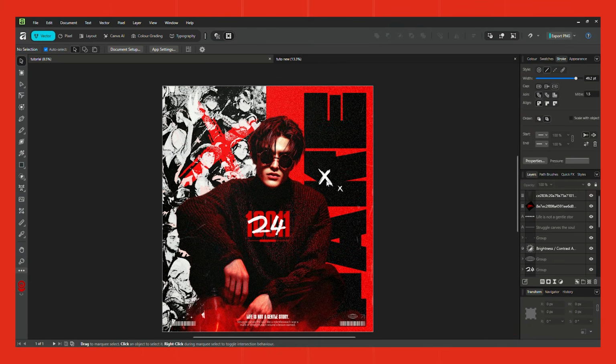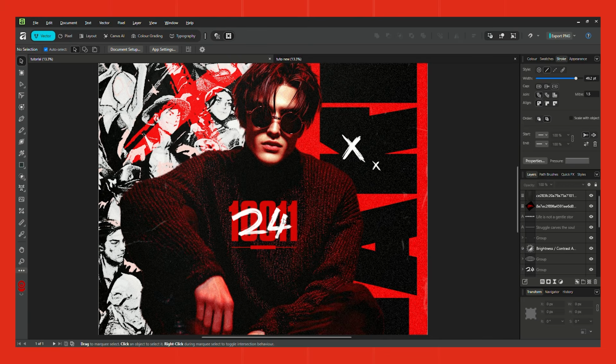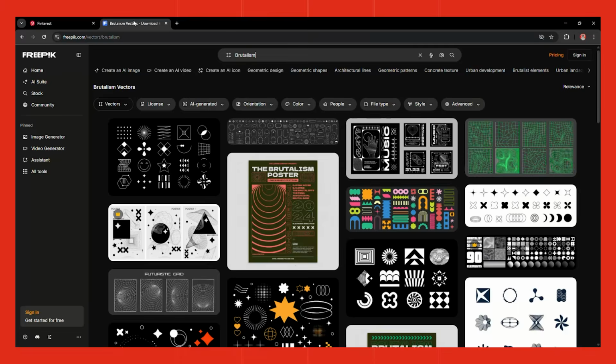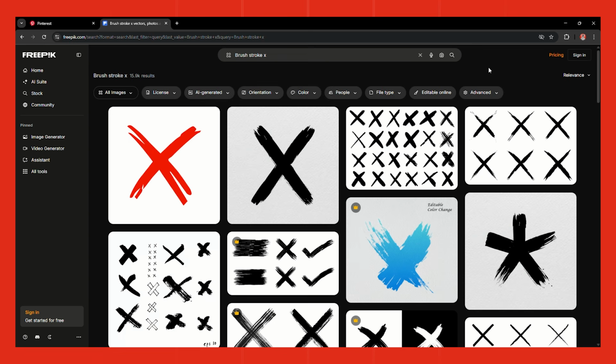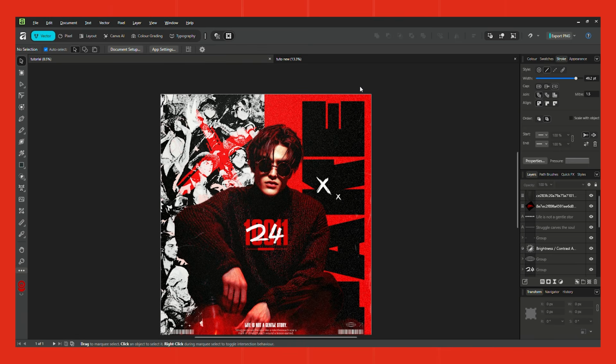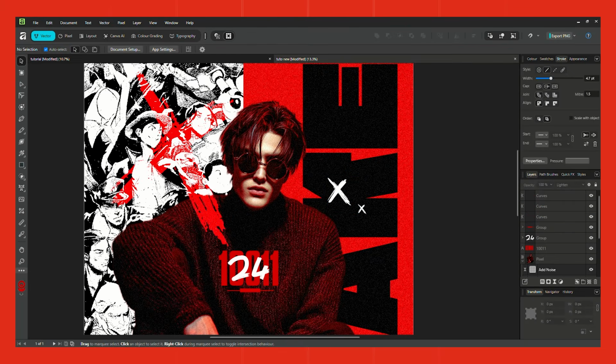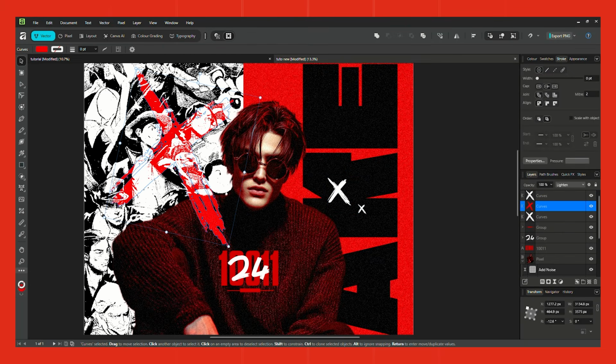Next thing, we're gonna create this X. You can create it as we did the 24 text, or to make it easy, you can also get this in Freepik. All you have to type is brush stroke X, and you'll find plenty of options. You can download the EPS file, and you can just drag and drop it in Affinity, and you can use it as we do it in Illustrator. So I'm going to quickly copy this, place it over here, and let's choose that and send it behind the